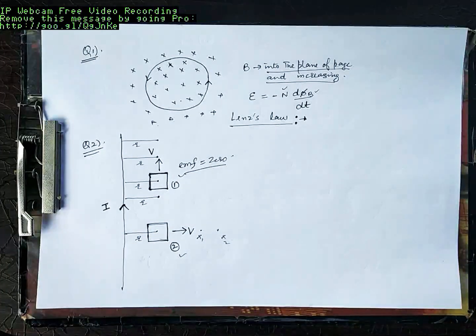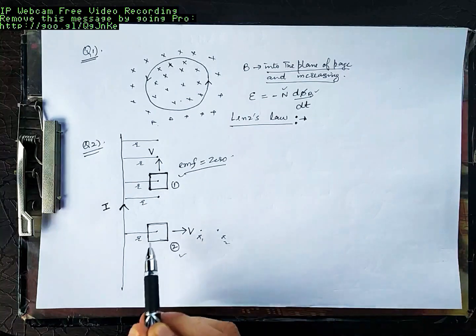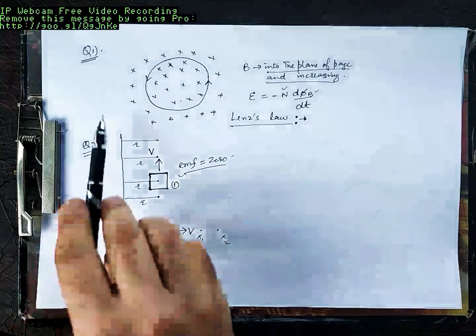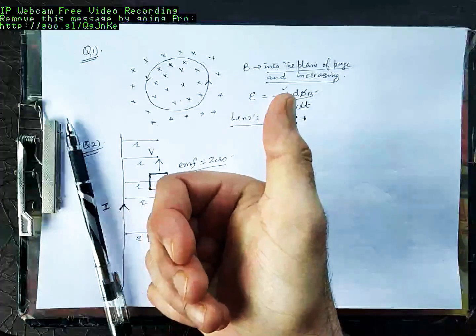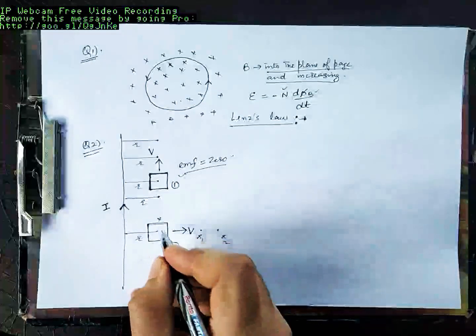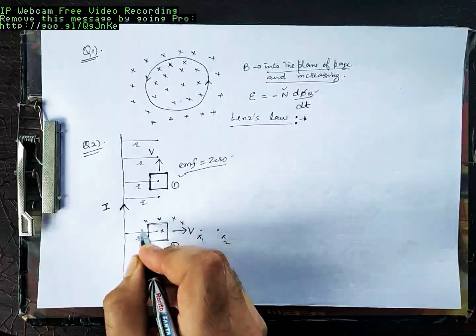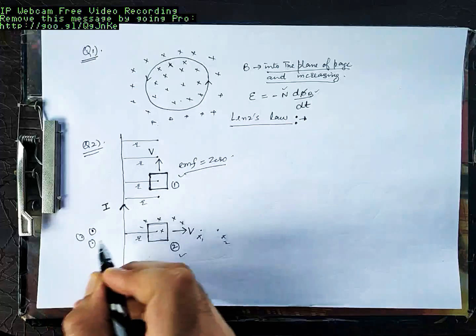Now what will be the direction of the induced EMF or induced current? We have to find that out. As you move this towards the right, flux will decrease. My thumb is giving the direction of current and the curl of my fingers the direction of the magnetic field. So here the field is into the plane of the page, and similarly on this side it will be out of the plane of the page.